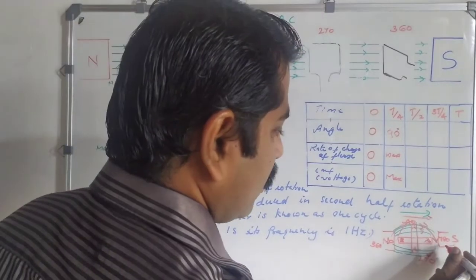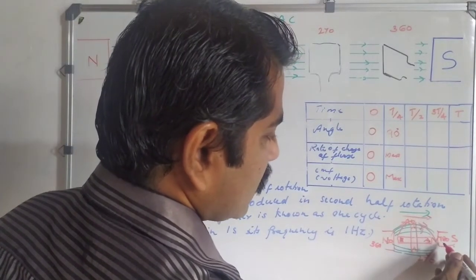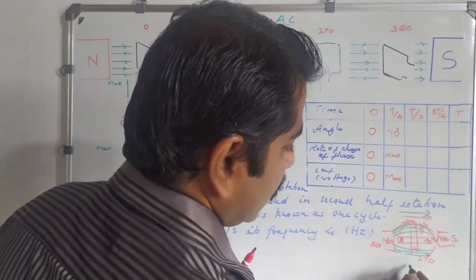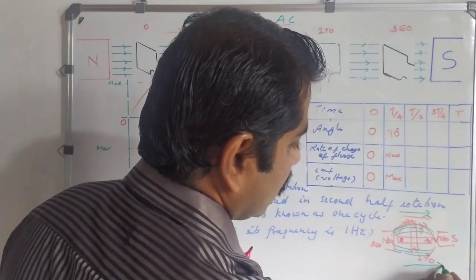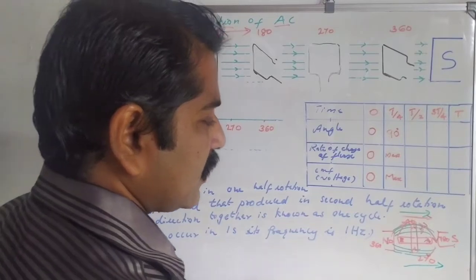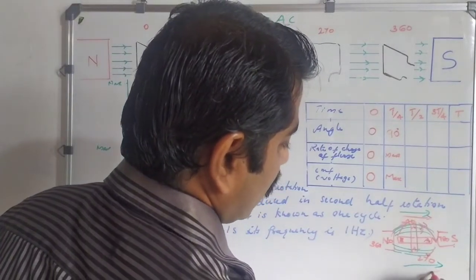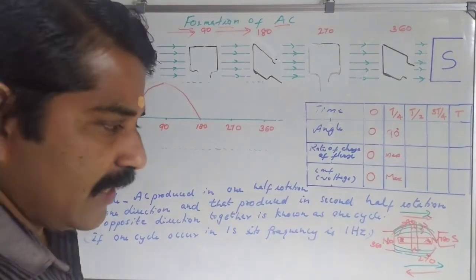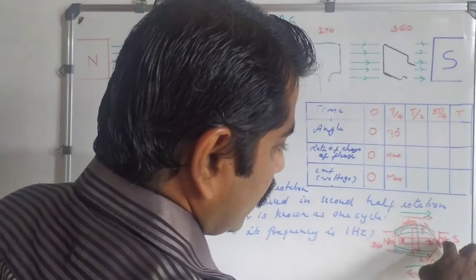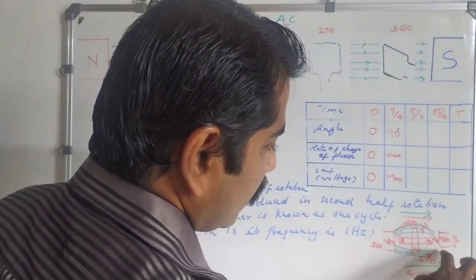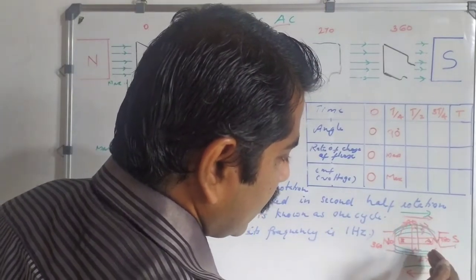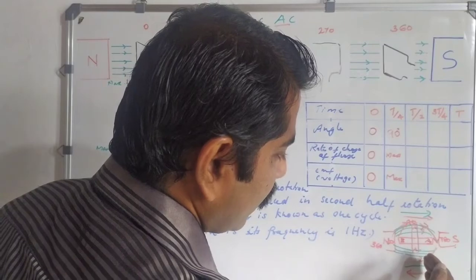And from 180 to 270, when the armature starts to rotate from 180 to 270, what will happen? The direction of magnetic lines is in this direction and the rotation of the armature is in this direction. So we see that when the armature moves from 180 to 270, the armature is breaking the magnetic flux in the